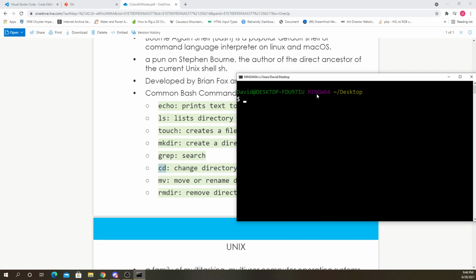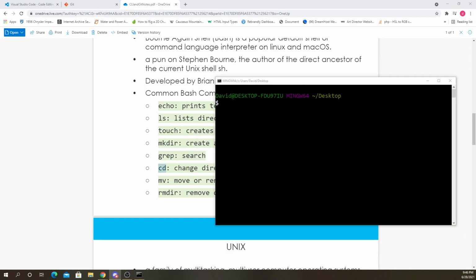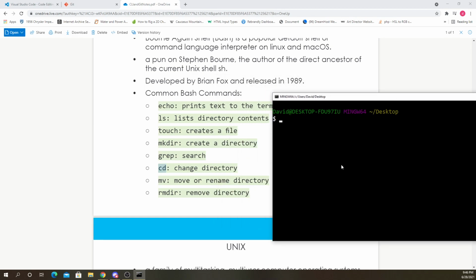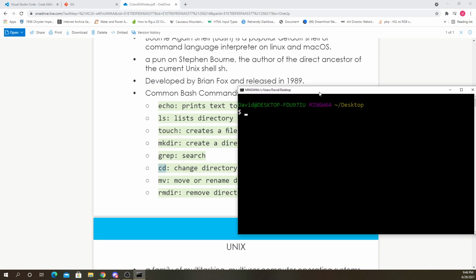Anyways, remove directory would remove a folder, but I just lost my folder anyway, so hopefully nothing important in there. If there was, I'll find it. That would be useful if we could use the grep to search for it, but again, that's only for searching within a file. Actually, there is a command to search folders. Just don't remember it.